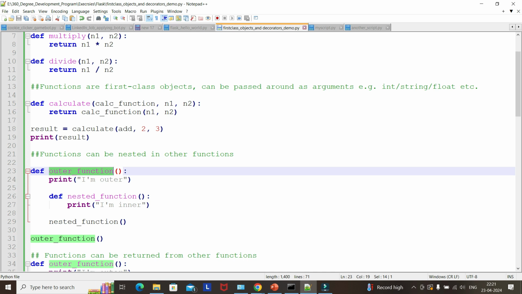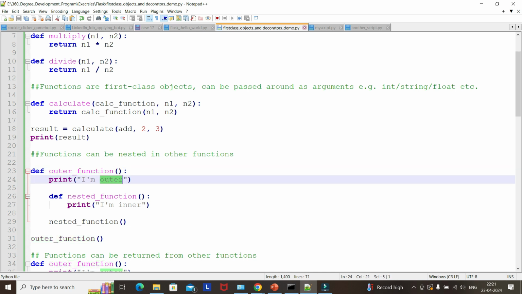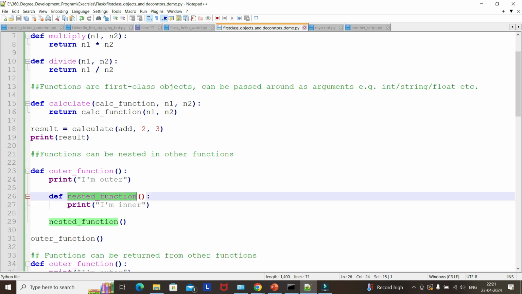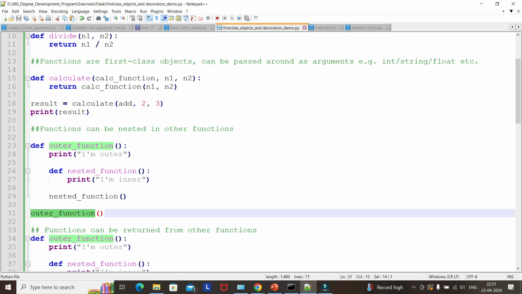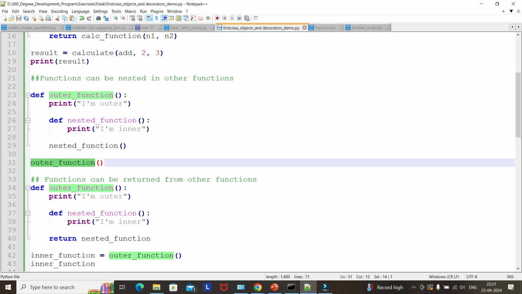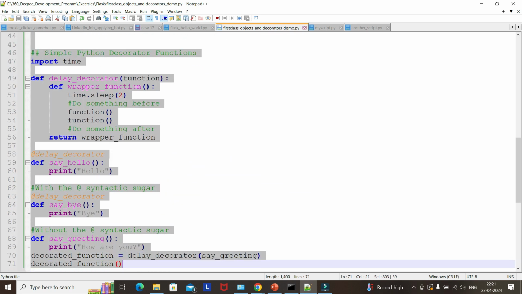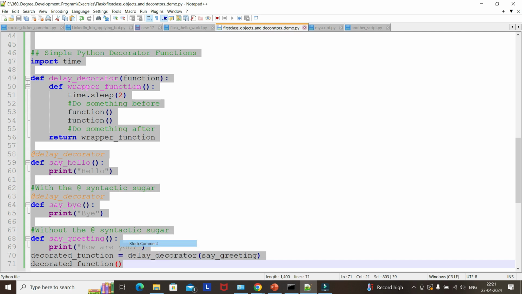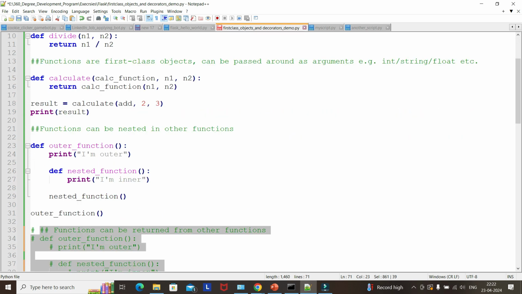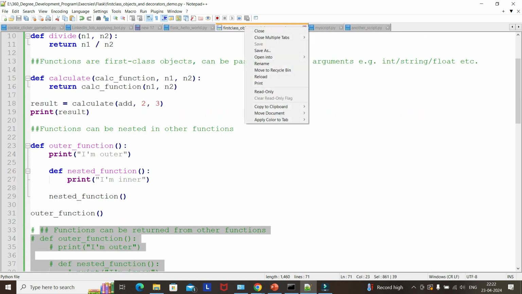For example, if you see here, we are defining an outer function, and we print I am outer, and inside that we are defining a nested function and print, and we are calling the nested function inside the outer function itself, and then finally we are calling the outer function. So if we comment it out and run it,